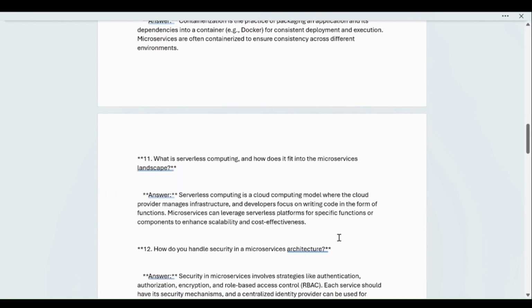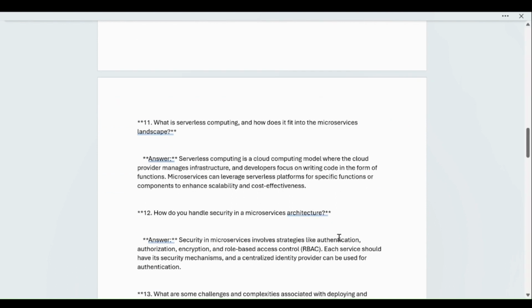Next question: what is serverless computing and how does it fit into the microservices landscape? Serverless computing is a kind of cloud computing. If we have heard about Azure Functions, that is an example of serverless. There is no need for the developer to set up the infrastructure. You just create and deploy your application or your function. All the CI/CD and deployment is taken care of on the cloud side.